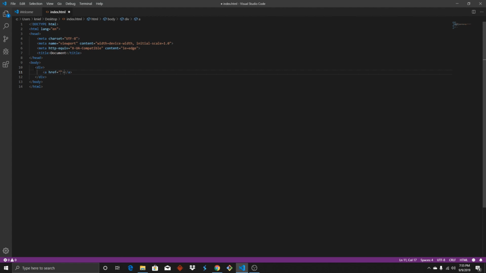You can see it populates our A href tag, and our cursor is sitting right smack dab where we need to type the link. So I'm going to go ahead and type https:// Another cool thing, I'm going to hit tab again, and it's going to bring me into the middle between the opening and closing anchor tag, and I'm going to say go to Google. I'm going to hit save, which is Control S,